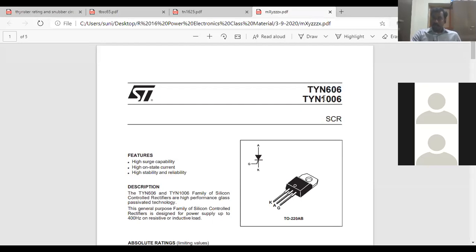Okay. Suppose you are going to consider this 1006, isn't it? This 1006 is 10 multiplied by 100, so it is going to have a maximum forward blocking voltage of 1000 volts, provided with a current of 6 amperes. Is it clear? Okay. Suppose you consider a thyristor of 302, it is going to have a maximum blocking voltage of 300 volts and 2 will be the current, the maximum allowable current.